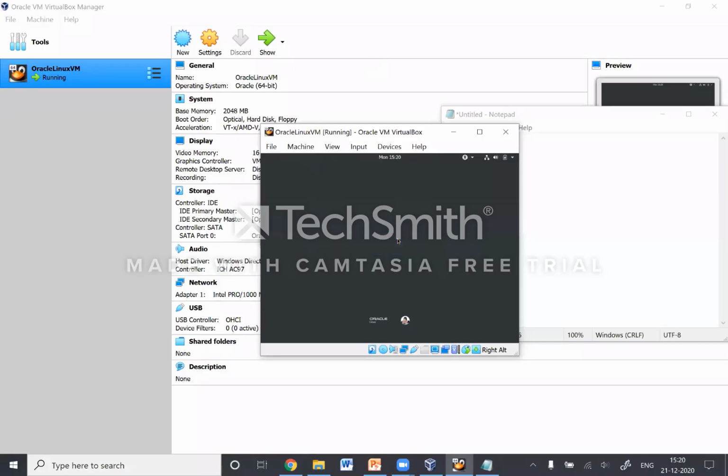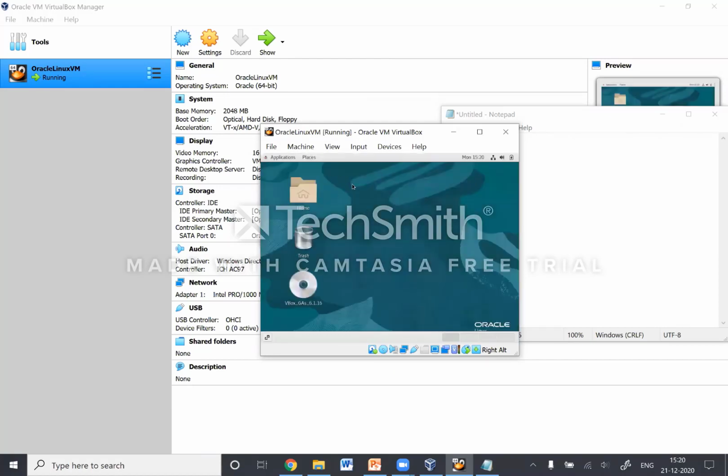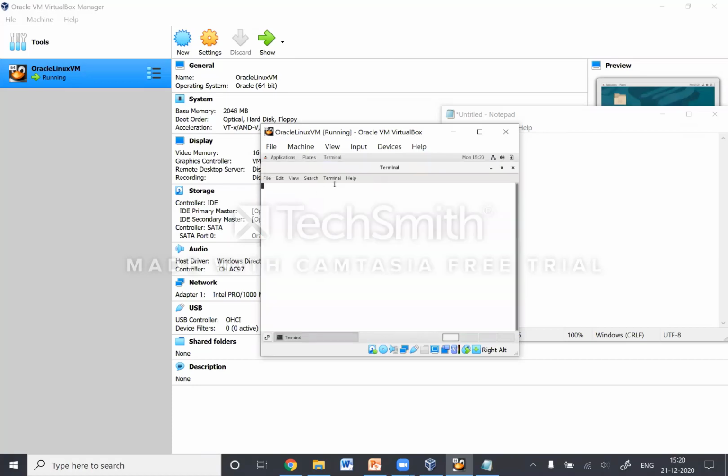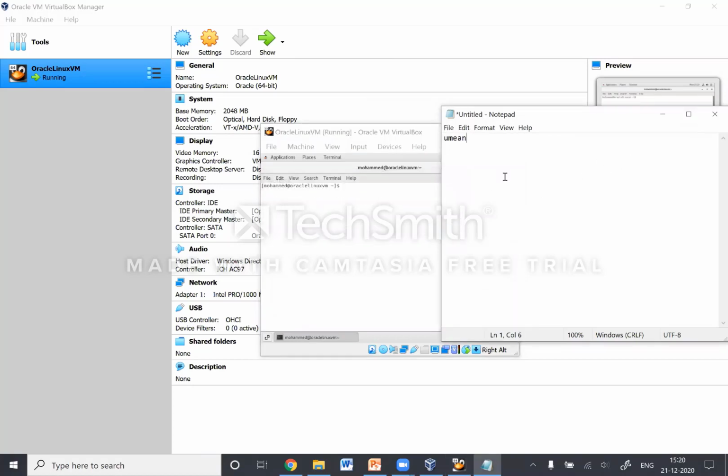Okay. Now I log in with my user. So now we'll open up the terminal and we'll try copy pasting again. I'll copy this text from here.